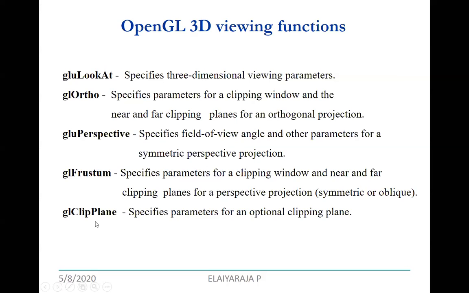When you write the clip plane value with respect to your 3D viewing, how will you specify the parameters? You specify an optional clipping plane using glClipPlane, by specifying your viewport coordinates, with respect to your left, right, top, bottom, as well as your depth value.